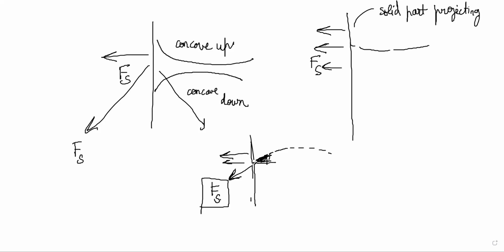So Fs is like this now, and the actual angle between solid and liquid surface may be different than the standard contact angle for the pair. Because normally you are not having Fs like this, in this case the actual angle might be slightly different than what you would have expected. The actual angle of contact, if it is just at the brim and not projecting out, will be different from that situation, obviously, because the direction of Fs is different. So whatever is the resultant, you have to take it and realize what the shape of the surface will be.